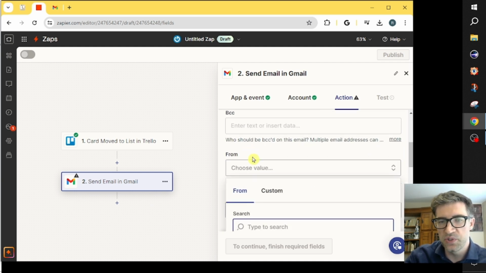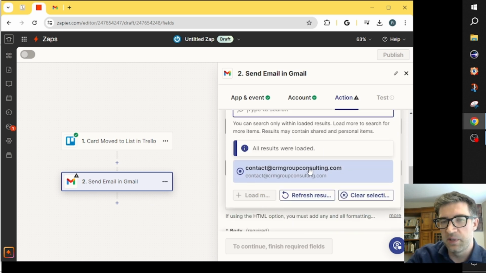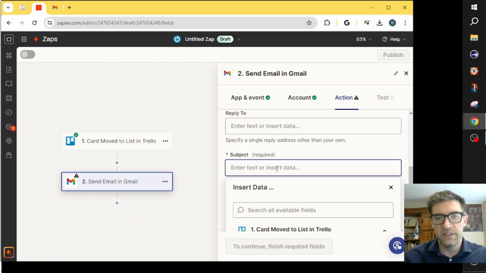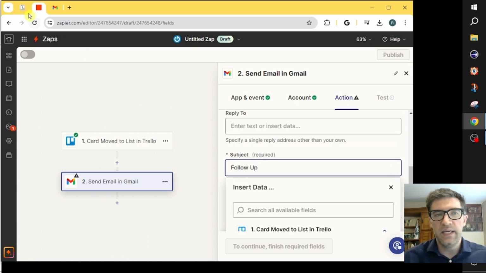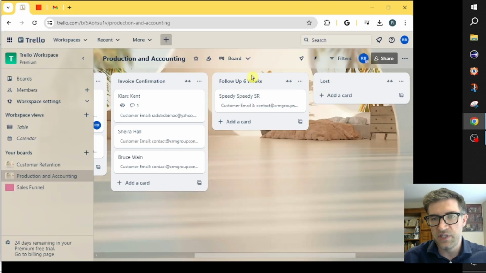The from is usually from the contact email. In the case of many of our staff, what we ended up doing is we actually put up the salesperson's name so that it would be more catered to the customer. Subject is follow-up. And obviously you can change the subjects and the body in order to make it more catered to your general population of your customers. So for example, if this board was follow-up 6 weeks for, let's say, gutter replacement,